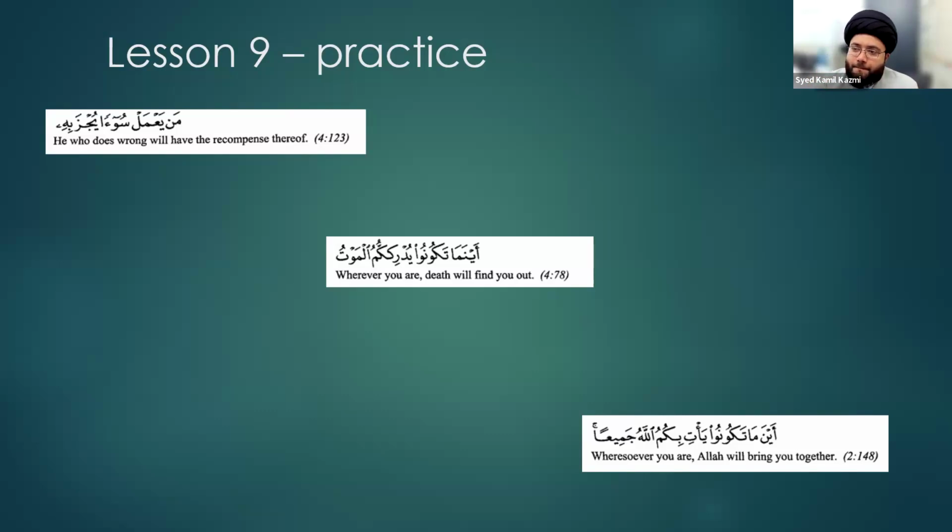Question. This verse is using the word أينما. When we're typically talking about death, do we say wherever or do we say whenever? Should we say whenever? Like death comes at a time in our life, or does it come with a place association? Typically, we think of it as associated with what? Time, right? Typically, you associate it with time.